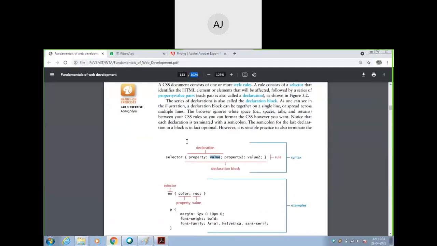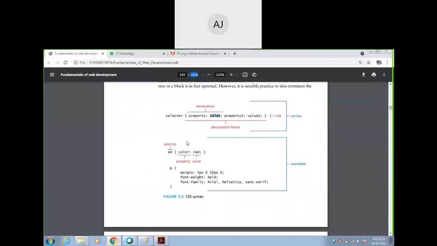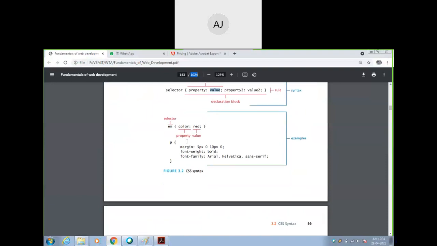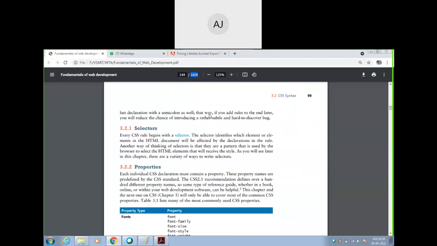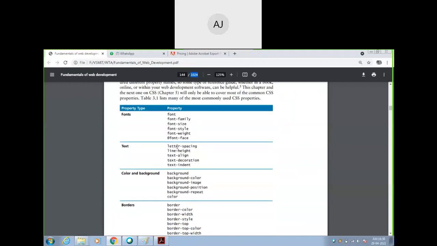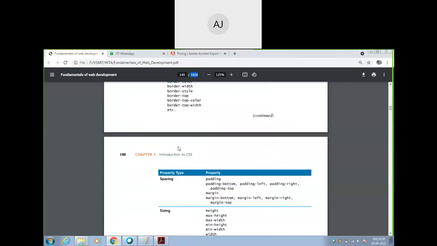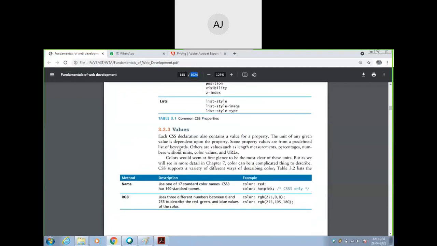Now CSS syntax is done. Then he has given some different element examples. P stands for paragraph. For this paragraph, there will be margin, font weight, font family, many. These are the different properties and values you are going to use. Now coming to the next one, selectors and properties. We saw yesterday what the properties and values are. Values were also discussed in the last class.